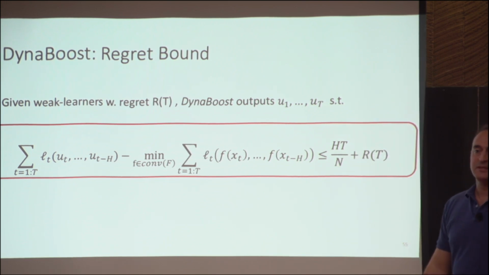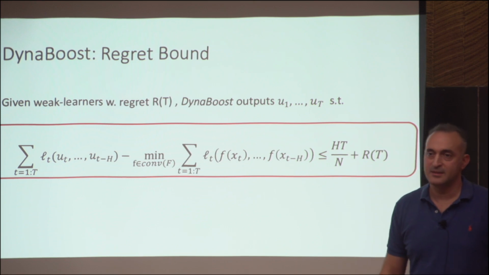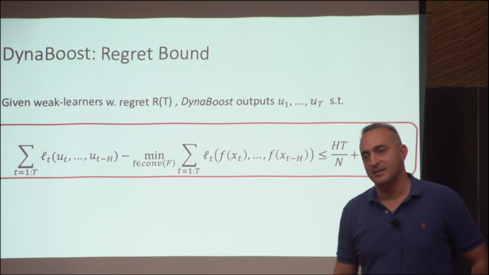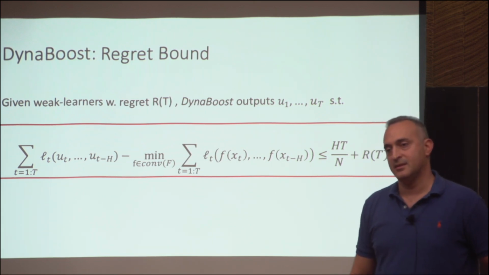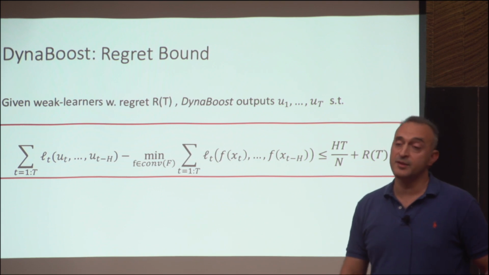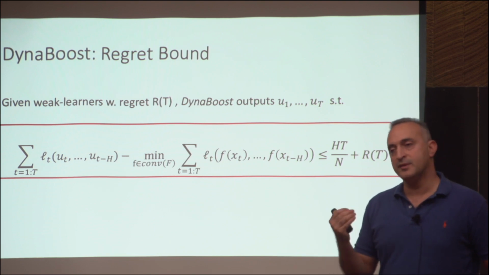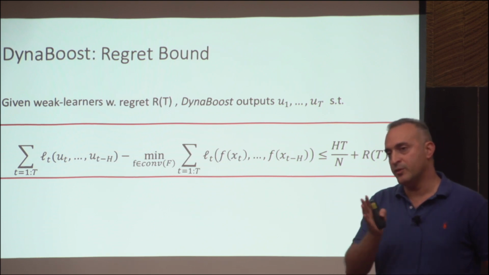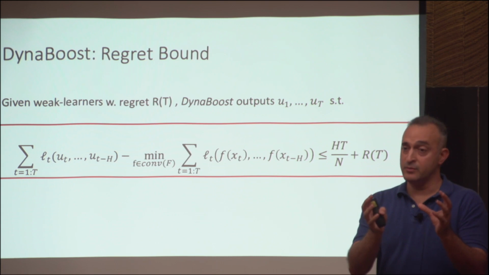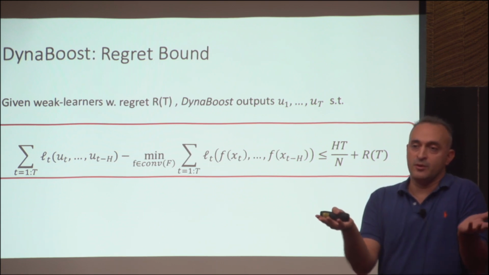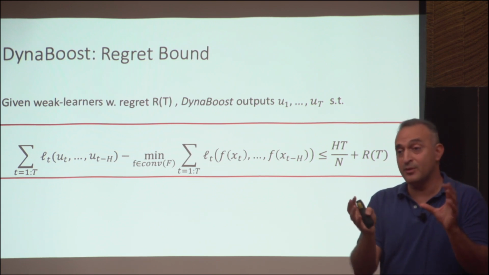Okay. But all I'm getting at is that in usual boosting, whatever the rate of my boosted algorithm, I want it to be much smaller than the rate of the weak learners. That's right. In classical boosting, you want to do that, and you can indeed achieve it in statistical boosting. In online boosting, we don't know such a theorem. All we can prove is that you have a regret bound. It already goes to 0. So what can you do? What you can do is compete with a bigger class of